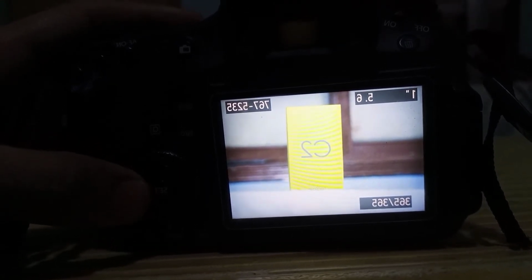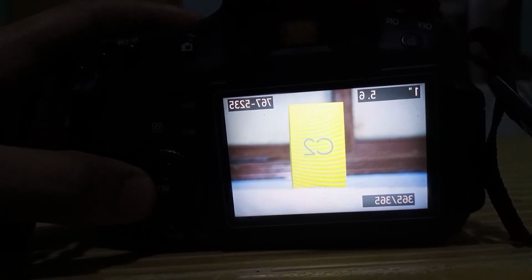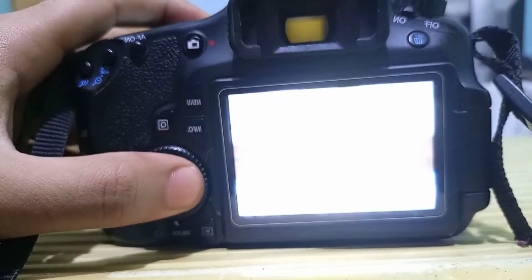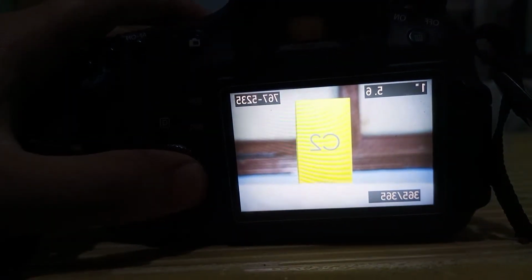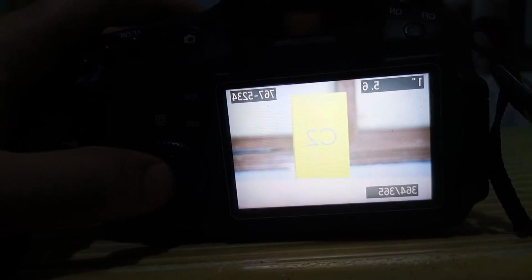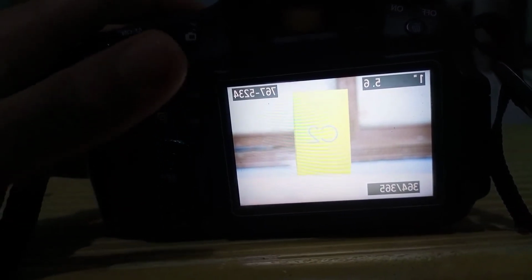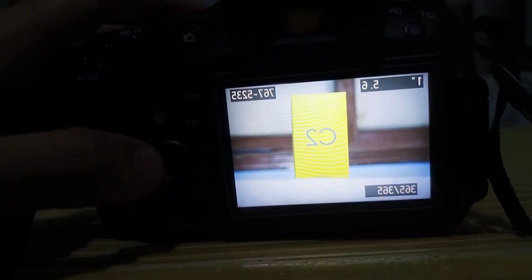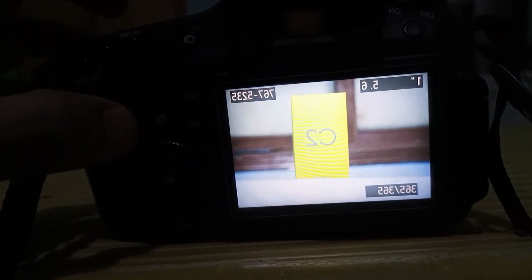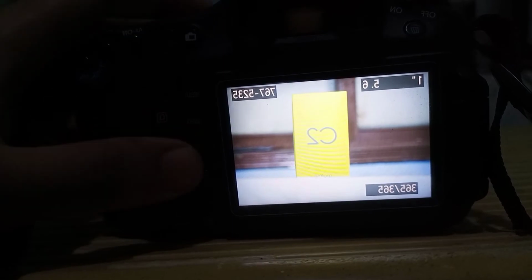You will see a difference. This picture is brighter because ISO is at 200. This picture is a little bit darker and good quality because ISO is at 100.